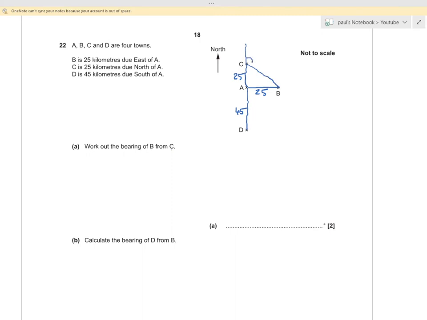So we need to know that angle. Now, this is a right angle, and these two sides are exactly the same. Therefore, that one must be 45 degrees. So 180 minus 45 is 135 degrees. Calculate the bearing of D from